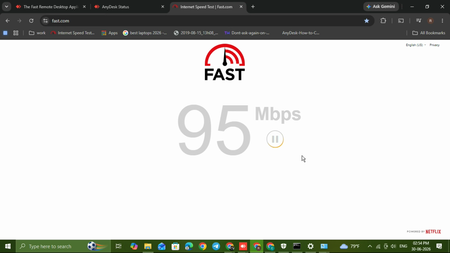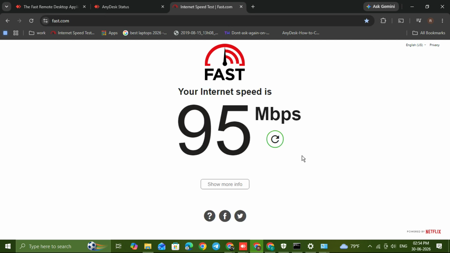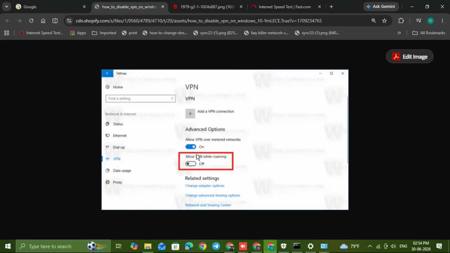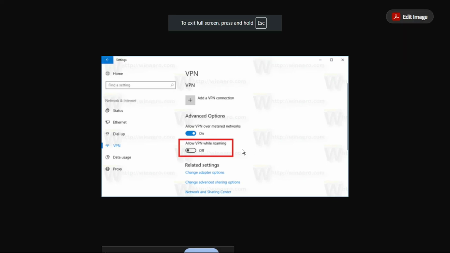If possible, restart the router, reconnect to the network, or test using a different connection to see if the issue disappears. If you are using a VPN or proxy, try disabling it temporarily, because that can also interfere with AnyDesk connections. So to quickly recap, first, try the /np parameter in the AnyDesk ID, then allow AnyDesk through the